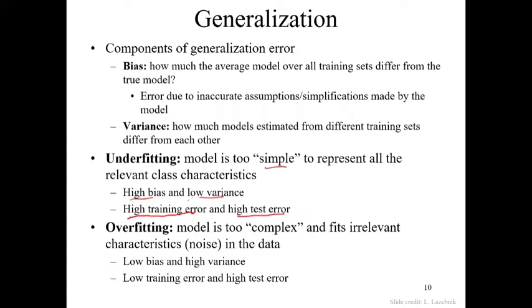Unfortunately, while you are trying to do it, people go into overkill. They try to overdo it again, and then it goes into complexity. You make it too complex. Like they always say, too much of everything is always bad. If you make your model too complicated because you want to capture all the relationships in the data during training, then you end up fitting irrelevant characteristics or noise in the data. And this overfitting is characterized by low bias, high variance.